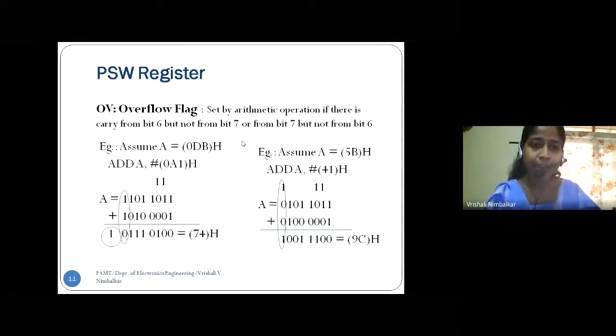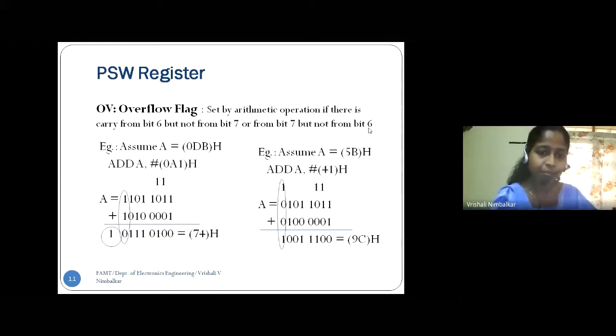There is a carry coming from, this is the 6th bit and this is the 7th bit. So when we add the 6th bit, there is no carry entering the 7th bit, but the addition of the 7th bit results in a carry. Can you see this? This is the carry. And where is it coming from? From the 7th bit addition. So look at the statement at the end. Correct? A carry coming from bit 7 but no carry coming from bit 6 is an indication of overflow.